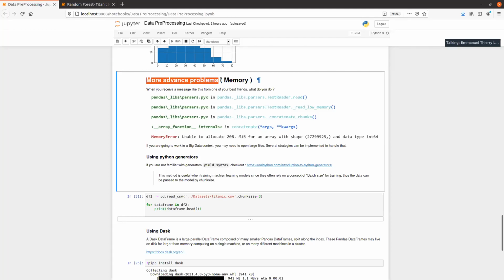So no later than 2 days before, I think it was on Thursday, a friend sent me that error and said unable to allocate 208 megabytes for an array with 2 million rows, and that's a typical error. And actually, this size, you would say, well, that's not much actually.